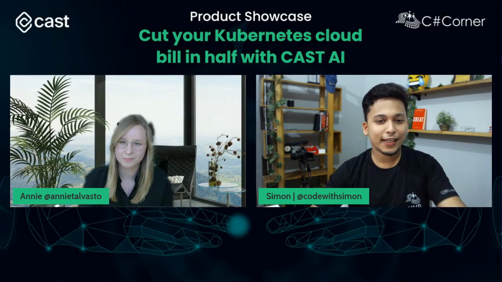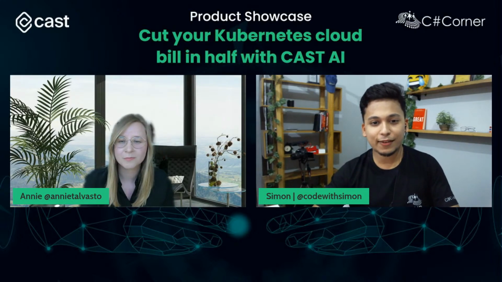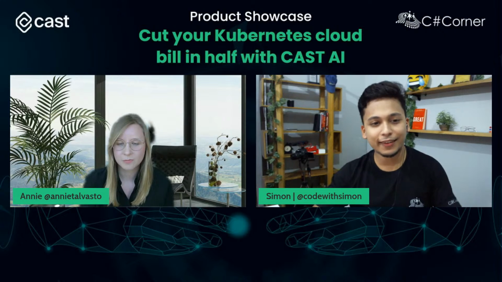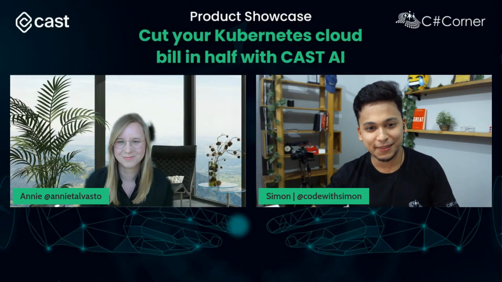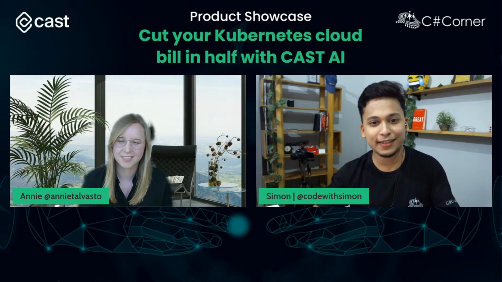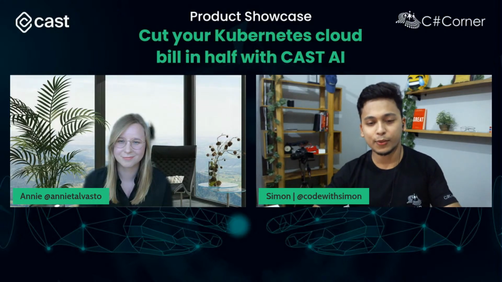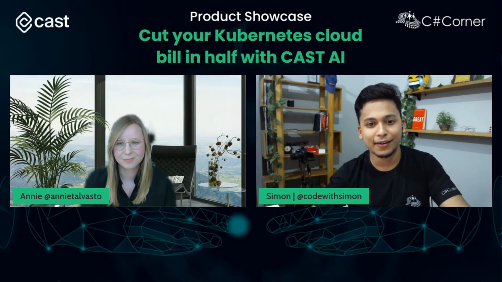Stay tuned for updates on that front. Wow, that's great. If everyone watching looks at the title of today's show, it clearly says cut your Kubernetes cloud bill in half with Cast AI, right? That's a pretty bold statement to make, to cut it to half. I've been visiting your website for the past couple of weeks. First, absolutely amazing website. I highly encourage everyone to visit the Cast.ai website. They have built it very nicely, and you say that we're going to cut it to half. How does this actually work? Can you give a brief idea about that?